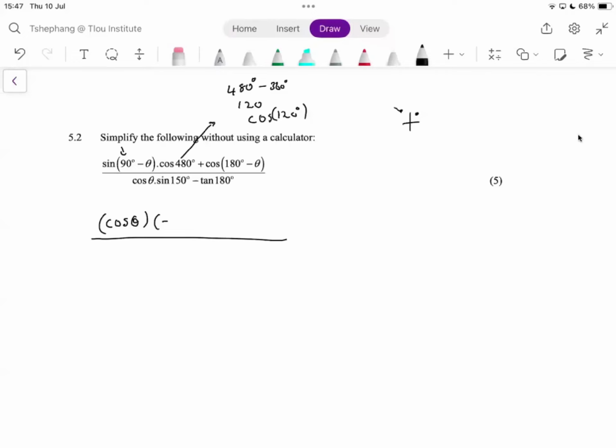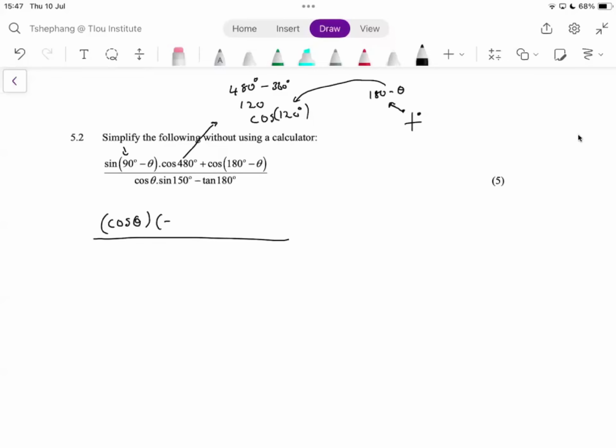What is the reduction formula for quadrant number 2? It is 180 minus theta. But what do we want to get? We want to get 120. So what do we need to subtract to get to 120? We need to subtract 60. That is why we have cos of 60, which is negative. Then the plus is still there. Now we have cos of 180 minus. All right. Now cos of 180 minus theta is simply going to become negative cos of theta.